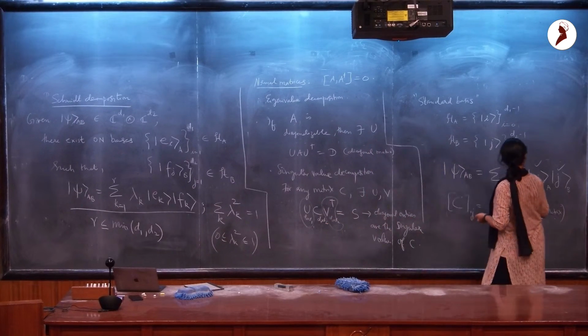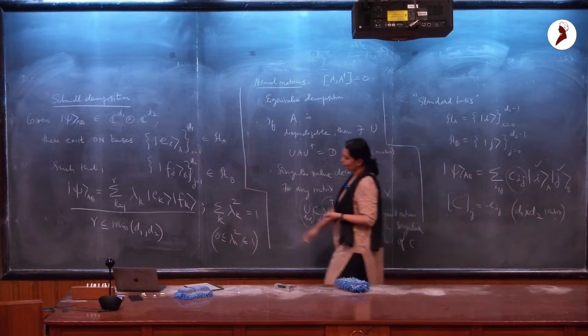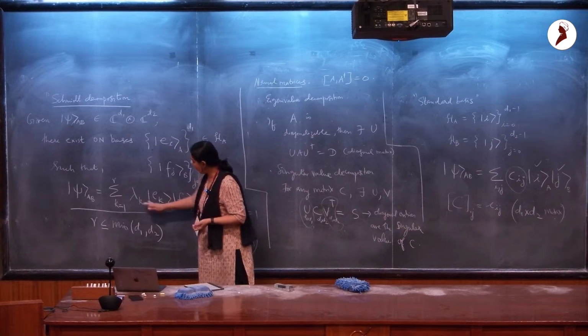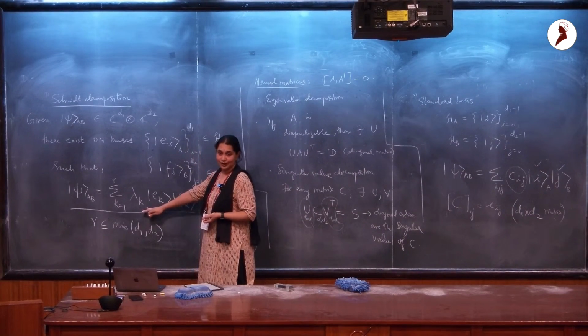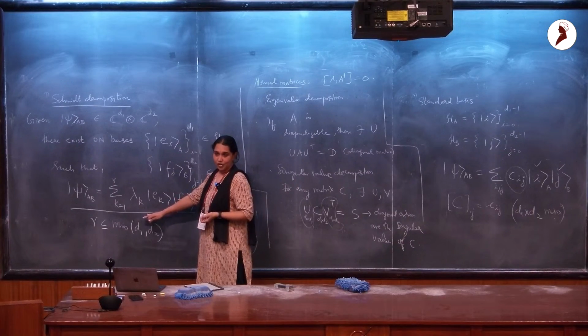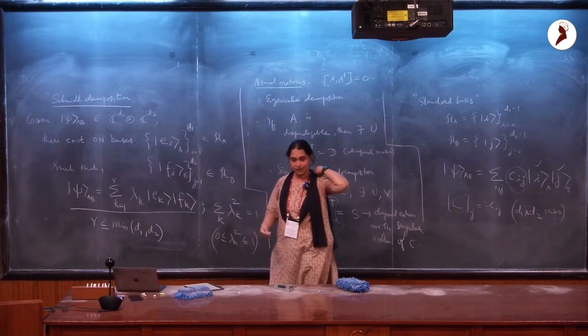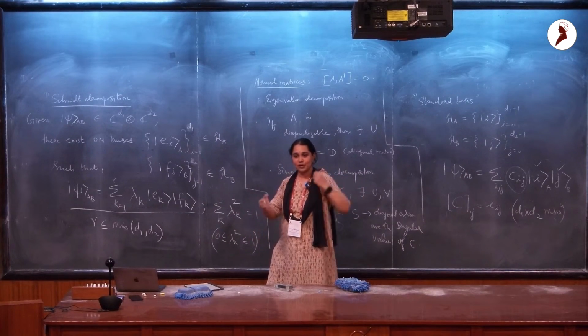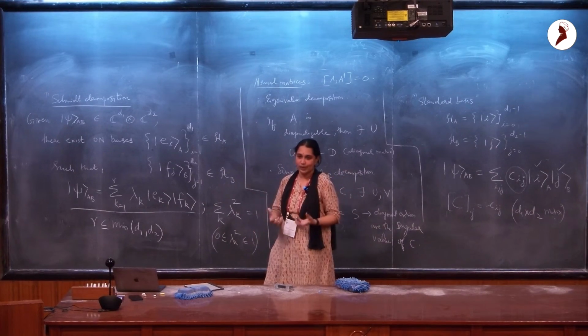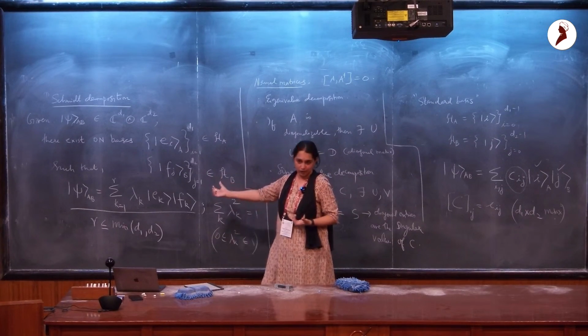And then you basically see that you are in this form where you can now read off the correlations in the state. So the singular value decomposition of this matrix of coefficients identifies for you the basis, the two local bases, which could potentially have correlations for this joint state.